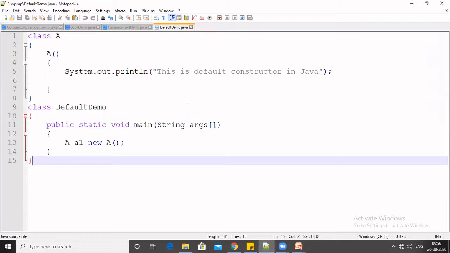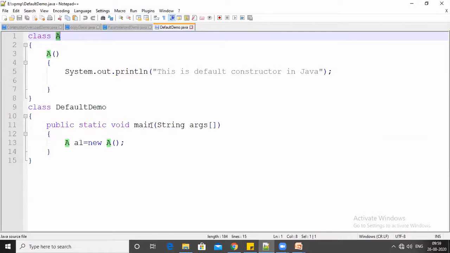Okay, this is the default constructor type. I have already created this example. In this example, I have created one class. The class name is A. Based on the class name, I create one constructor, and the constructor name is the same as the class name. This constructor only displays a message, and the message is that this is the default constructor in Java.